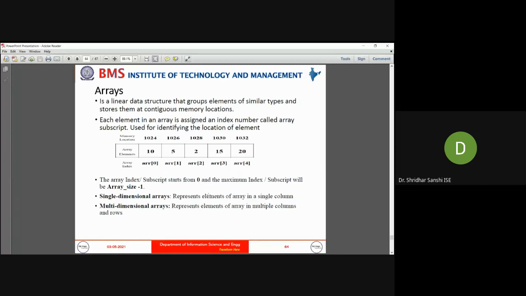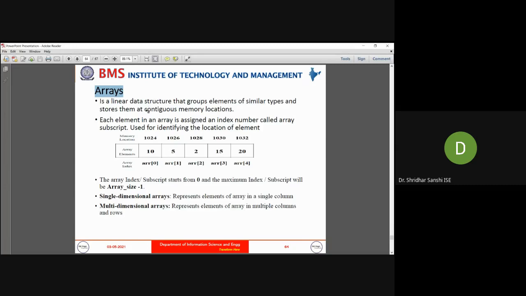Okay, next we'll come to a topic called arrays. So what is an array? It is a derived data type. An array is defined using the primary data types. Can anyone tell what the primary data types are? Float, char, double. Yes, double and void. Right, these are the primary data types. Using the primary data types, we can define an array.